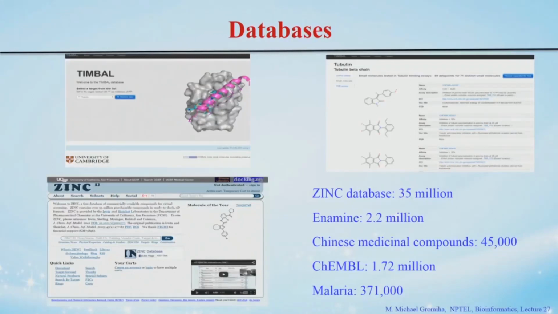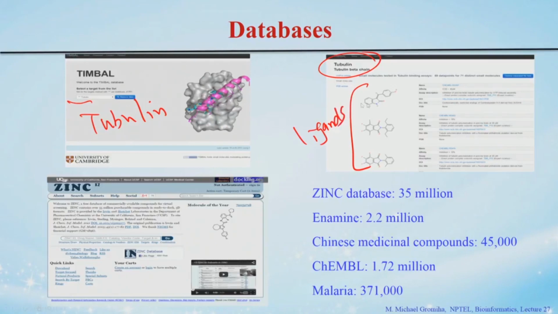This another one is called the ChEMBL database. Here also you can get the different ligands based on any target. For example, tubulin, right, so tubulin search. So, these are the various ligands which are related with this tubulin. So, they interact with the tubulin. So, you can know the binding mode and the binding site as well as the activity data for all these